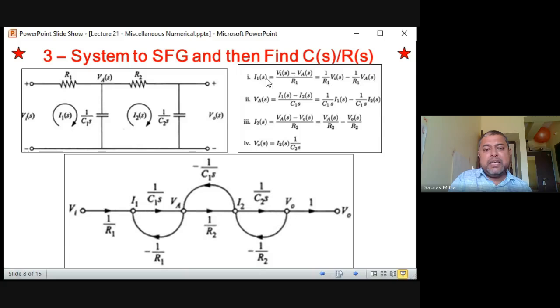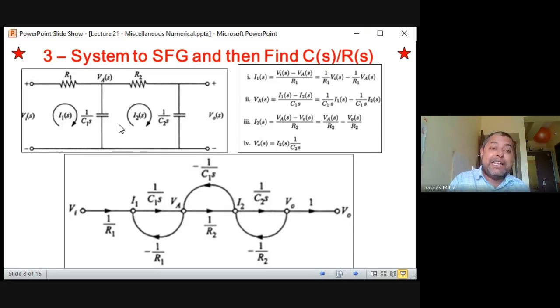Now see how to show I1. I1 is equal to VIS, so VIS is coming. Now check this node. I1 is a node. So VI divided by R1 is the first thing coming, and minus, what is the voltage here? VA. So minus VA by R1 is coming to I1. I am writing the equation of signal I1. At this point I1, there are two things coming: VI by R1 minus VA by R1, and you can see this equation, I1 is equal to VI by R1 minus VA by R1.